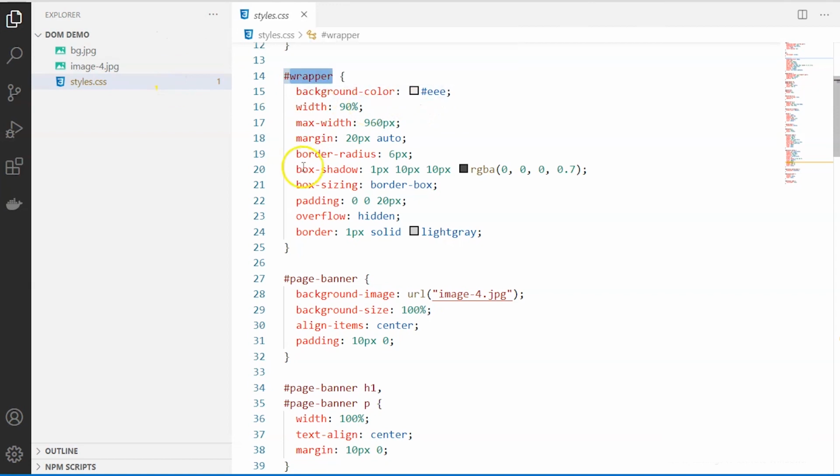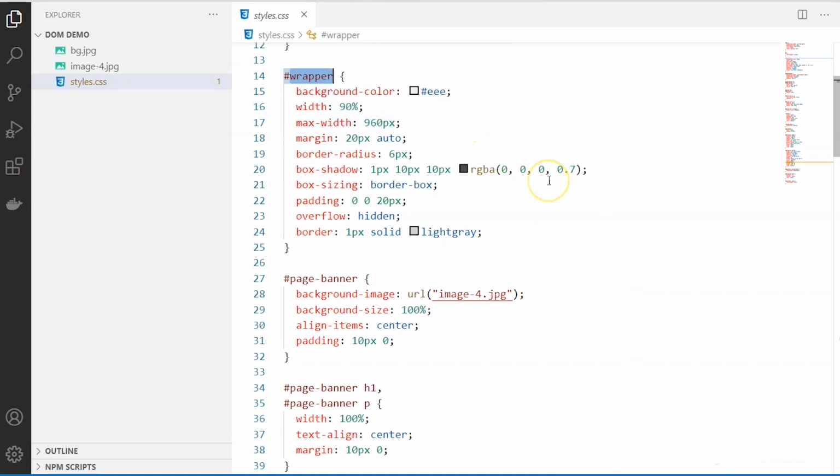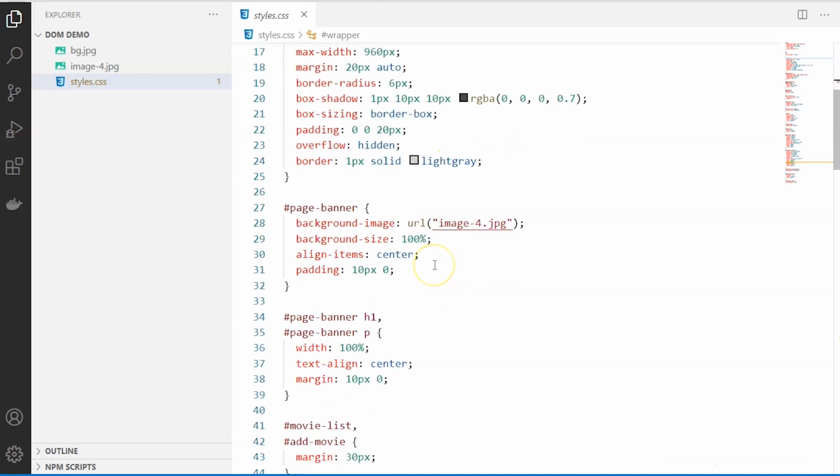What I have done is create one container, and for that container I'm giving a name called wrapper. This container is the one which is going to list out all the movies for us. The margin, padding, border, these are very, very important. If you want to have an evenly aligned, readable, legible list or text or content, you have to play around with these different properties of CSS.